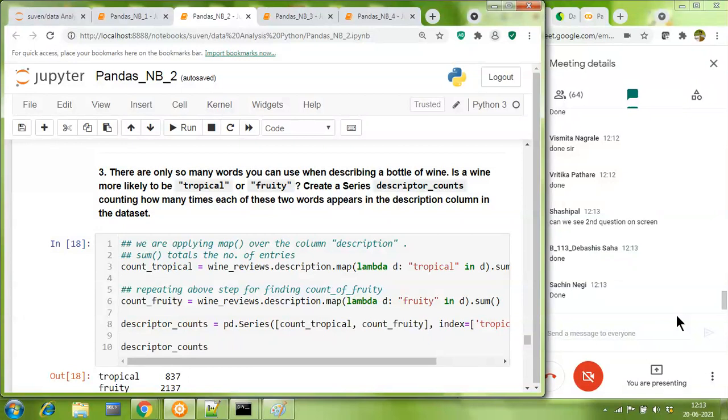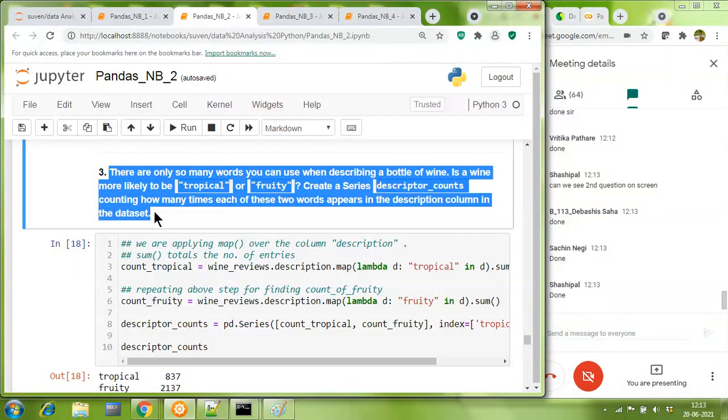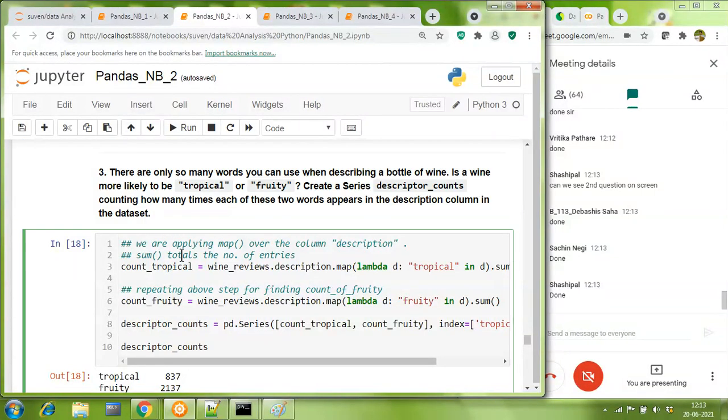Okay. So that's a majority who are saying that the second problem is over. Now, I would request one of you to please come forward to read and to explain what question number 3 is all about. Who wishes to come forward to please read? Mansi says, can I? Of course, Mansi. Over to you. Okay, sir.